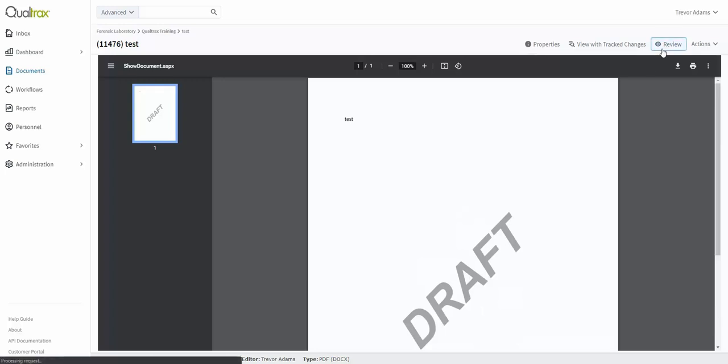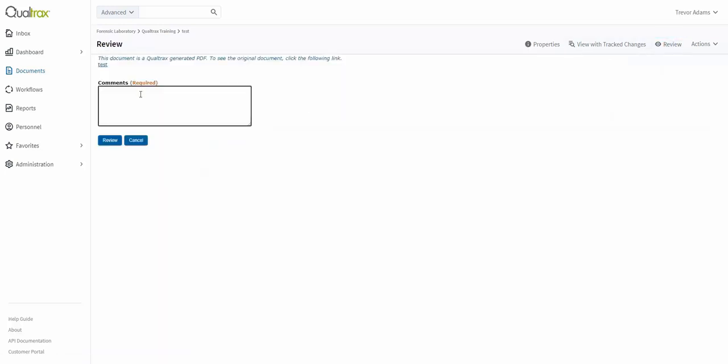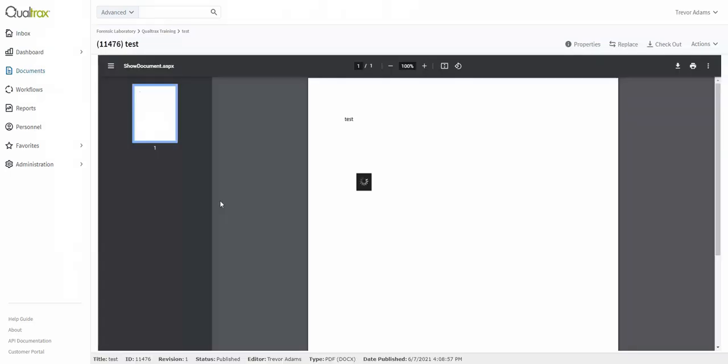When they are ready to leave feedback, they will need to choose the review option in the upper right-hand corner. There, they will be able to leave any comments about the document, whether it's positive, negative, or neutral. They can type those comments out and then select the review option. Once you have finished and/or skipped the review step of the document control lifecycle, you are then ready for the